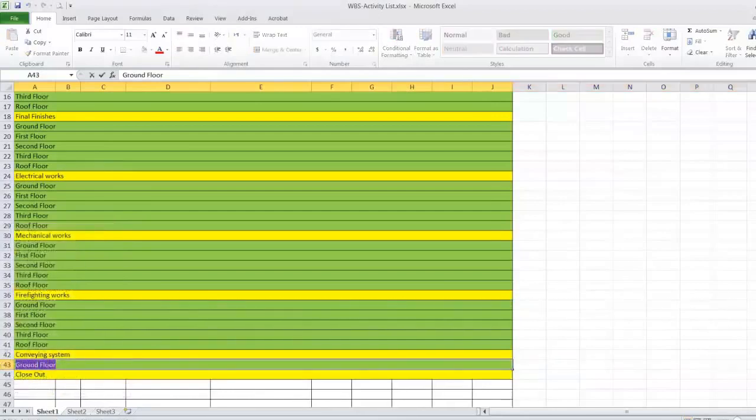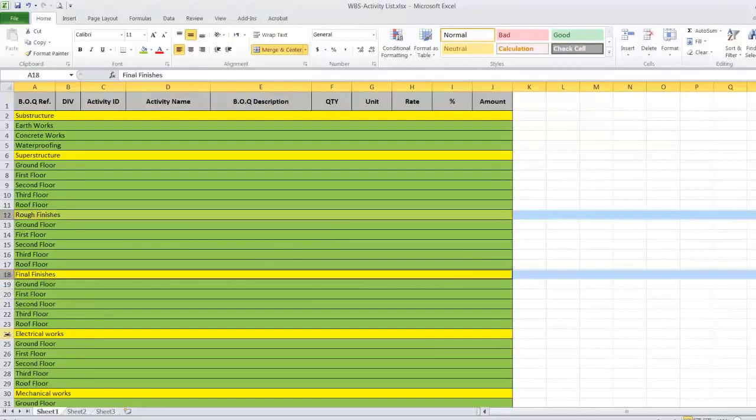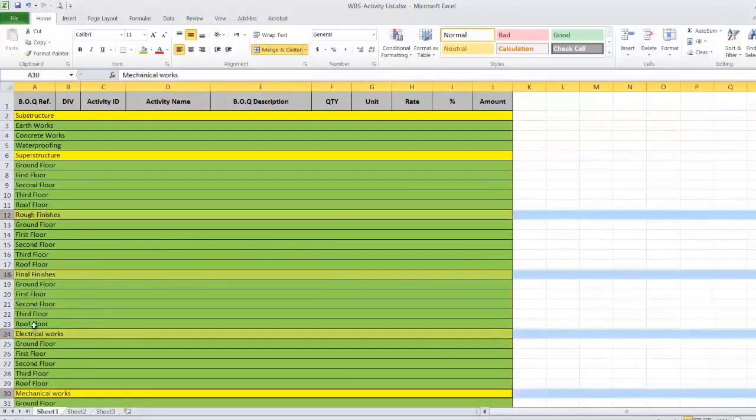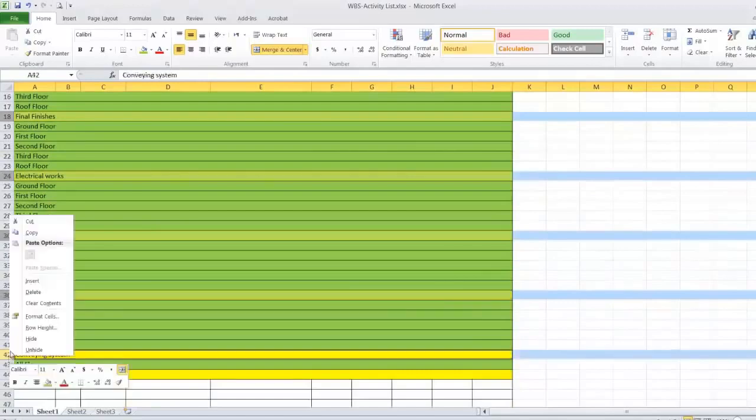So this one we can name it all floors. And the close out will be for the rough finishes, final finishes, electrical work, mechanical work, firefighting, conveying system. I can copy,